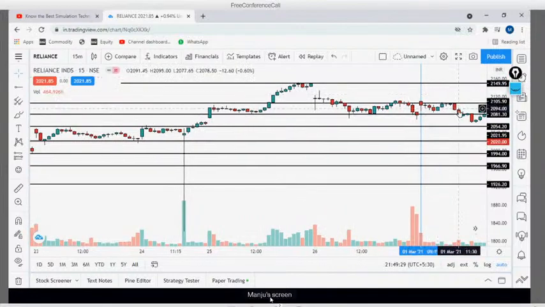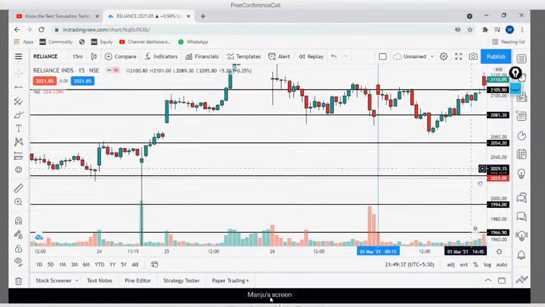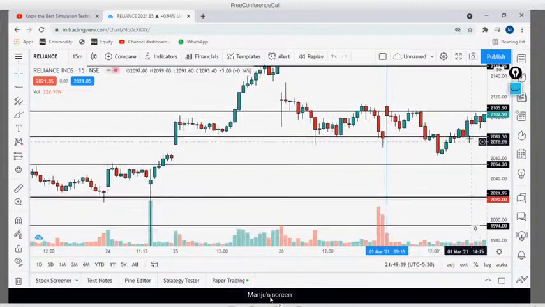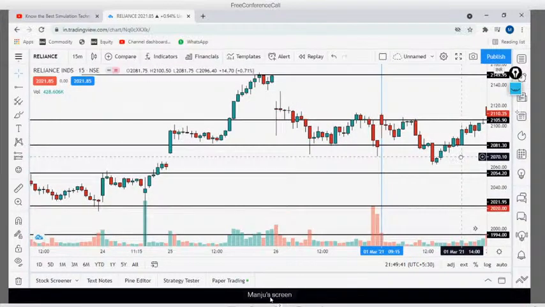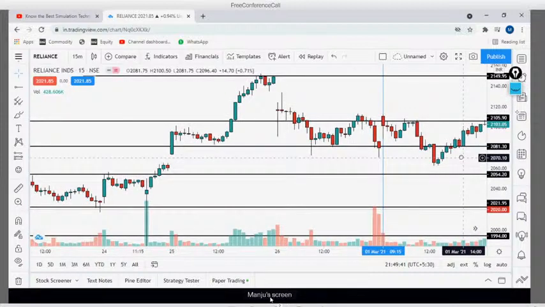You can see here how your level is acting as a resistance. Let me expand this so that you'll come to know how these levels are working. This is only when you are doing it on a smaller time frame. If you're doing it on a higher time frame, we have the bar replay facility, but on a lower time frame we don't have this facility in the free version. So that's why I'm showing you how, using your arrow key, you can test whether the levels you marked are working or not.